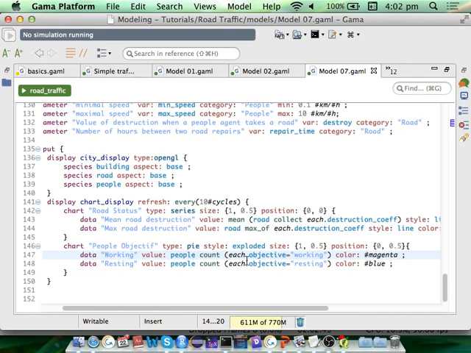Do you follow? I say it again. Data, people in workplace, value from the people count where each dot location is building type industrial. Yeah? Yeah, and then if you do the same for the